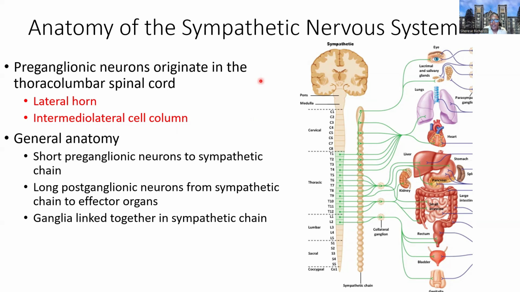Quick question here: to clarify, is a ganglia part of the peripheral nervous system? Yes, that is correct. It's a collection of cells, not cells, but cell bodies. The soma or the cell bodies of the neurons usually are in the CNS, but when we find them collecting in the PNS, that is a ganglia. Perfect. Okay, so that is the general anatomy, the general makeup.